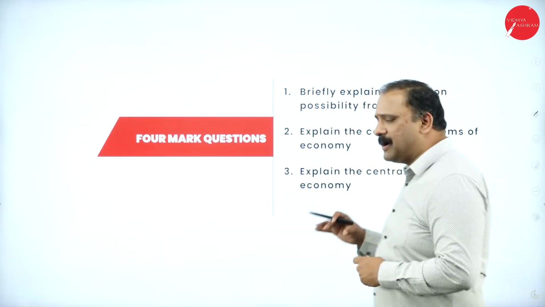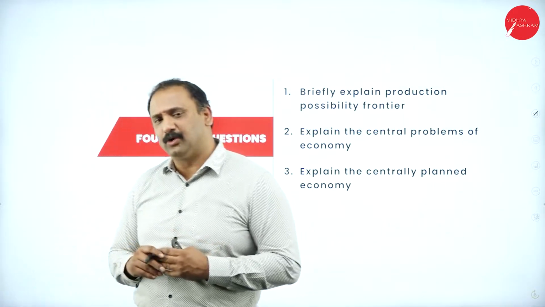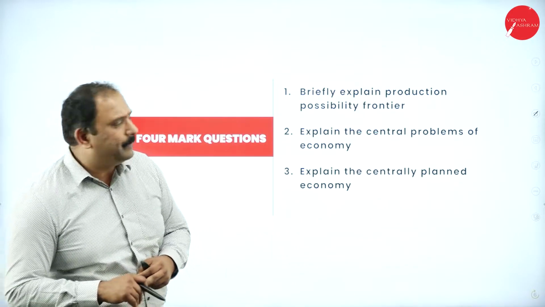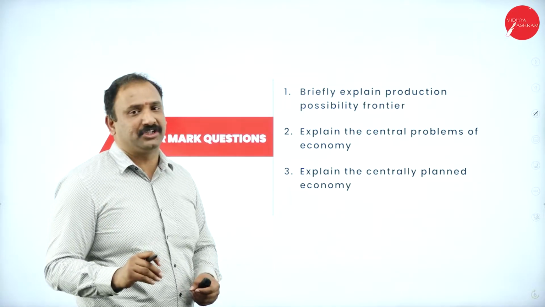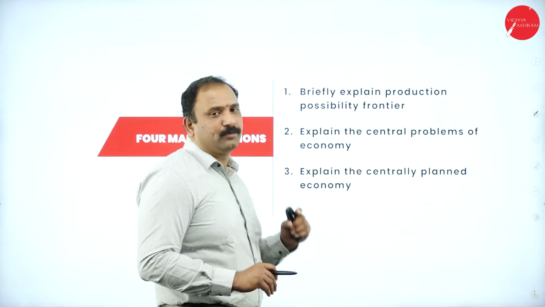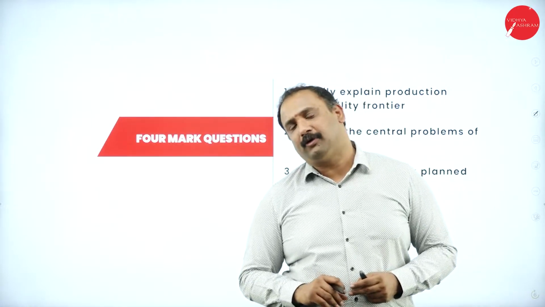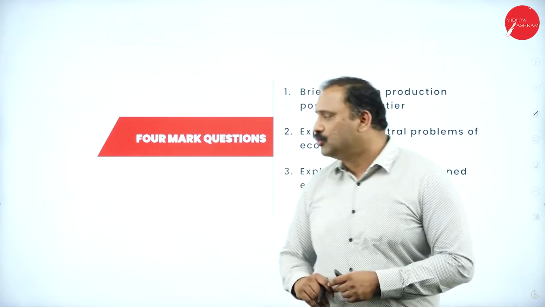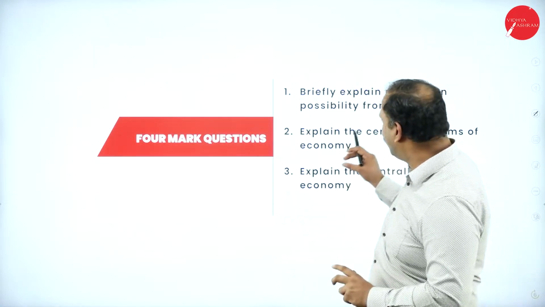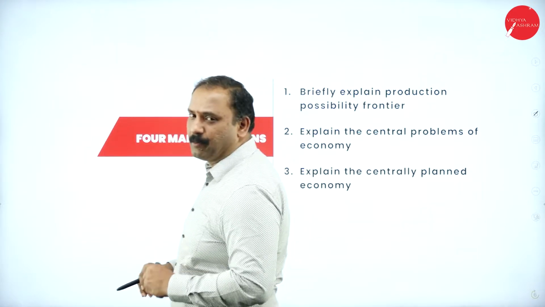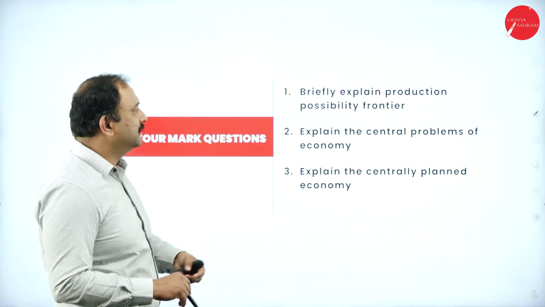Followed by the 4 markers question. Please understand, in the first unit of microeconomics, you might probably not get any kind of 6 marks question. You will only get 4 mark questions altogether. So it is very, very important for all of us to concentrate only on the 1 markers, 2 markers and 4 markers. Why? Because that will give us the mileage in terms of understanding it.